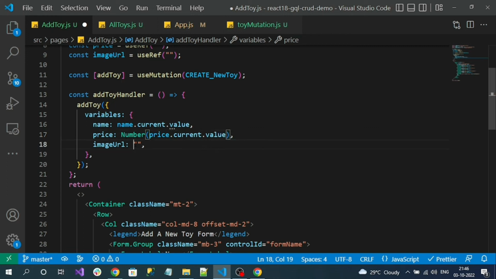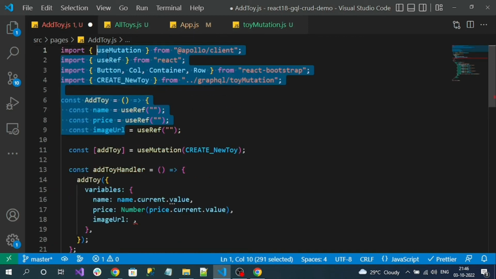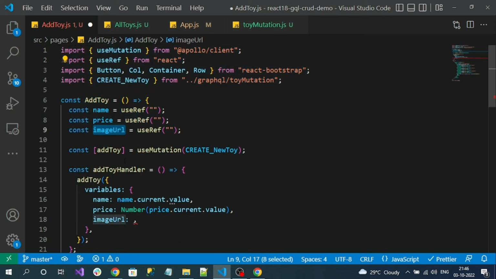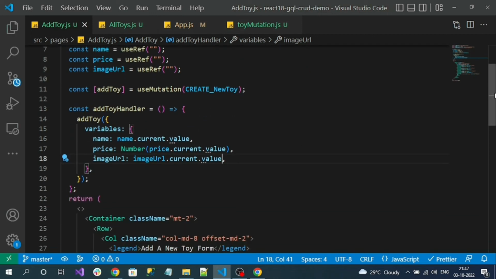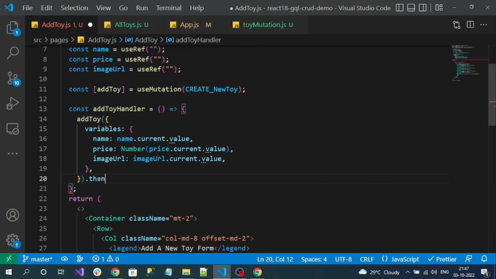And here also my image URL useRef variable, dot current dot value. Now I am successfully assigning the form data to my GraphQL variable object. So now this will invoke the mutation endpoint, the GraphQL endpoint. After completion of the call, I can